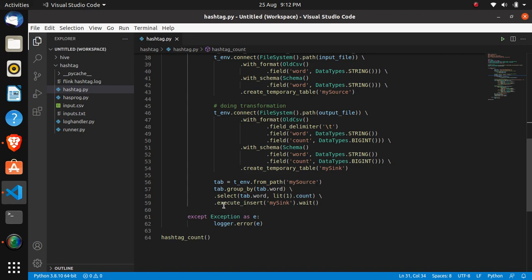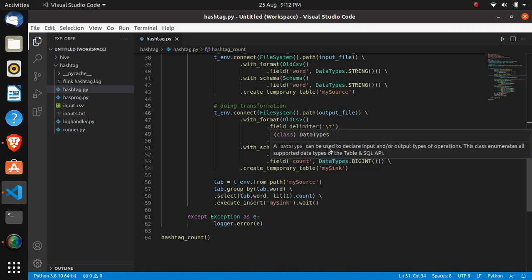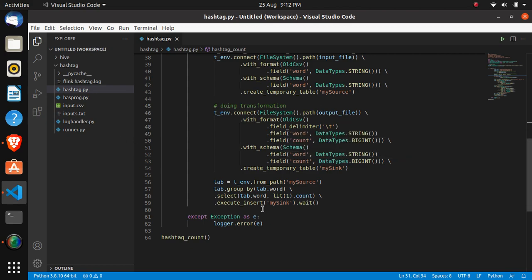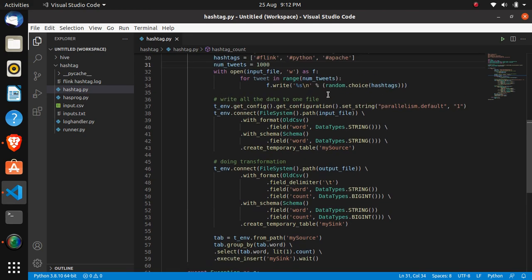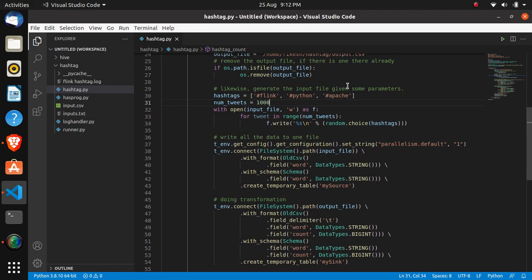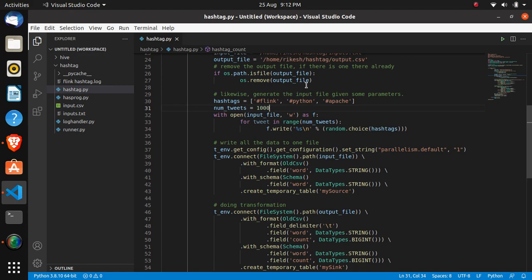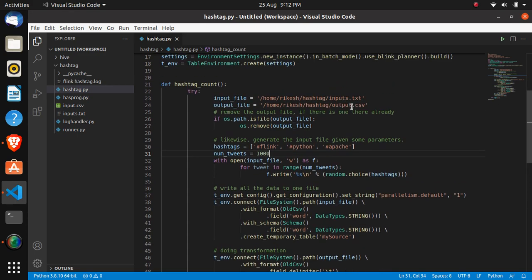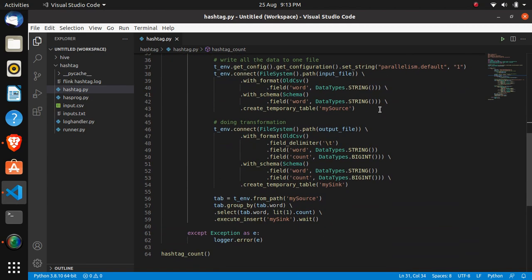And then after that we are executing this for syncing into our output file. So here execute insert is used for syncing that output into our file, that we have to create. We can give any name, like I have previously mentioned. In the output file we can give any name, and here I have provided CSV.